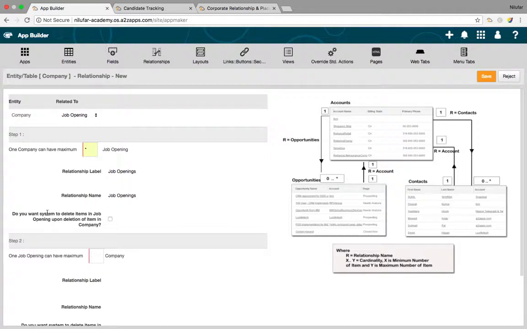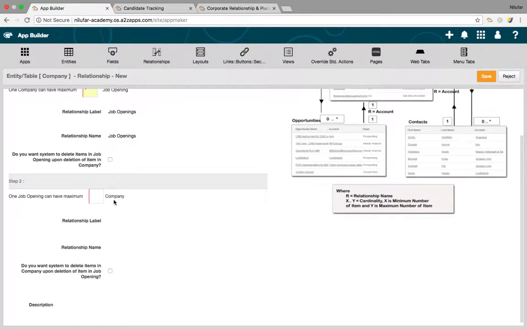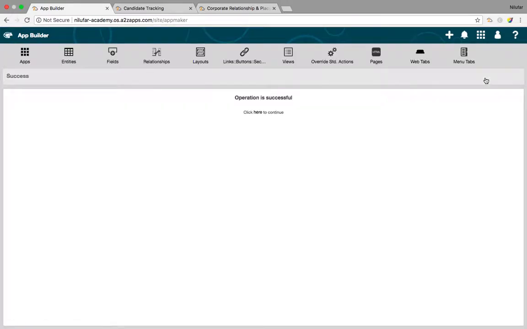I don't want to delete it, so I'm not going to touch that. And one job opening can belong to only one company, so I'm going to name it company. And I'm going to save it. So friends, over here we have established the relationship between company and contact and company and job openings.